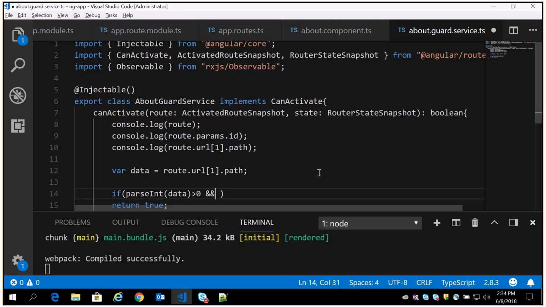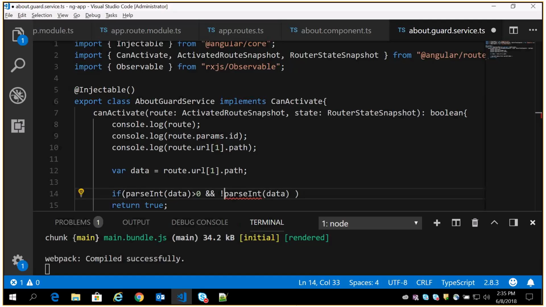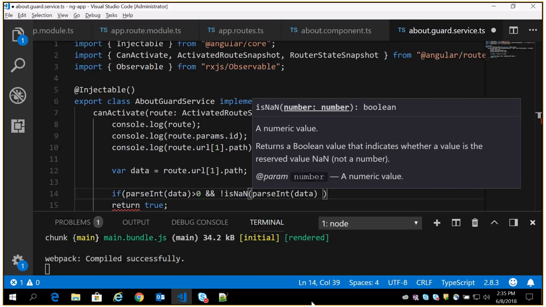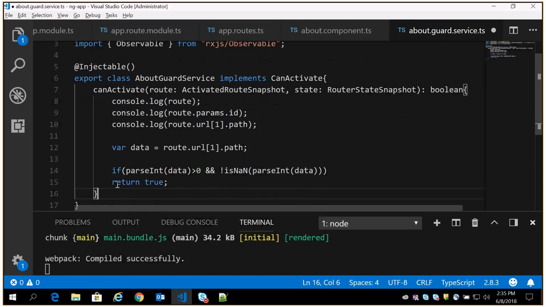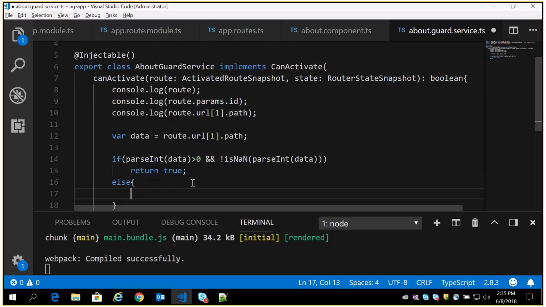Second, when I try to convert it to an integer, it should not give isNaN. So parseInt of data, I'm just saying it should not be isNaN. If both the conditions satisfy, then we can allow the route. If not, in the else part, I just want to navigate them to the home page by returning false.